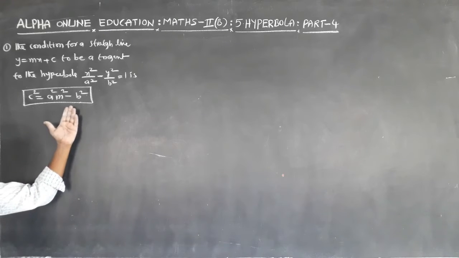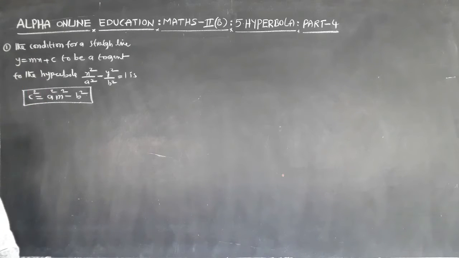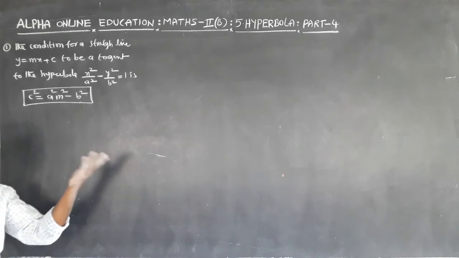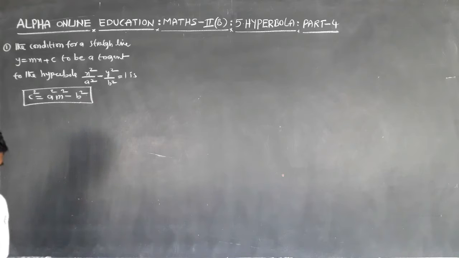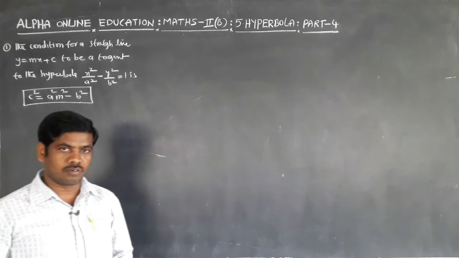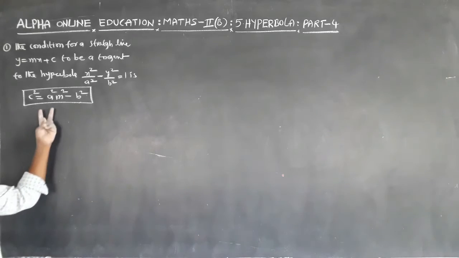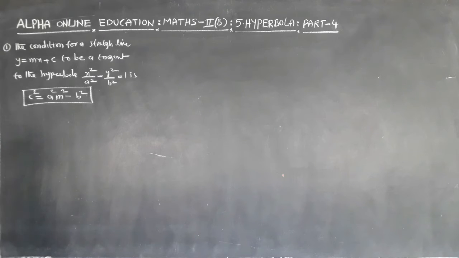C square equal to a square m square minus b square. This is the condition for the line y equal to mx plus c to be a tangent to the hyperbola x square by a square minus y square by b square equal to 1. Here the condition is c square equal to a square m square minus b square. Next one is